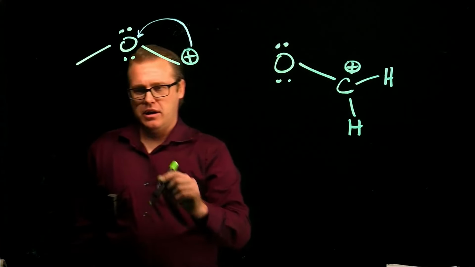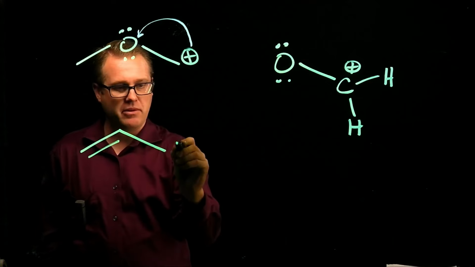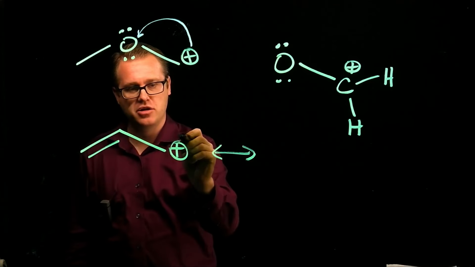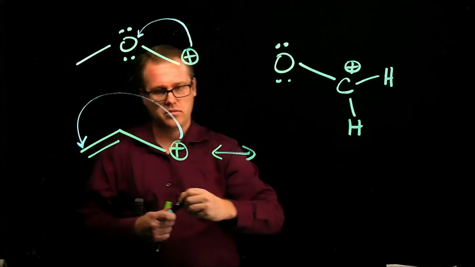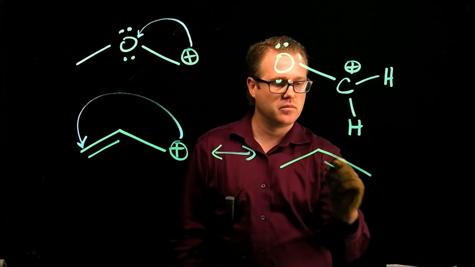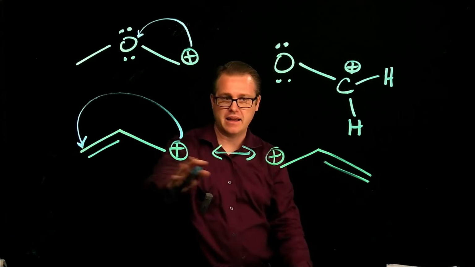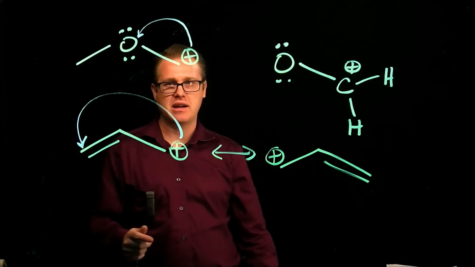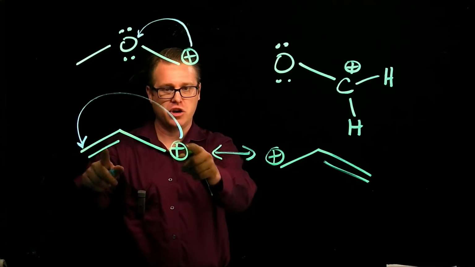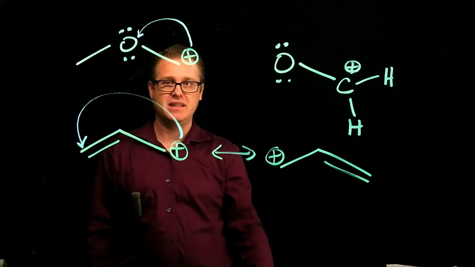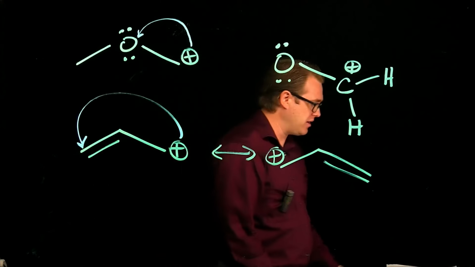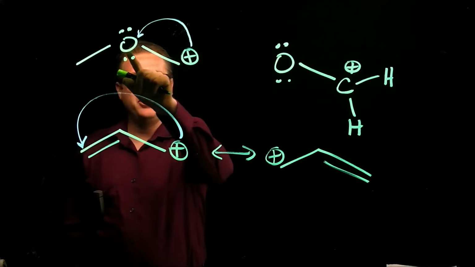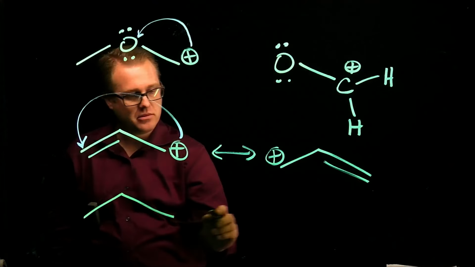So never, when you look at something that we've seen already, this is not a resonance structure. That is 100% wrong because you're not showing where the electrons are coming from and going. You're just showing me where the positive charge went. That's not resonance. Resonance is showing us where the electrons are going, okay? So the correct way to do this top example,